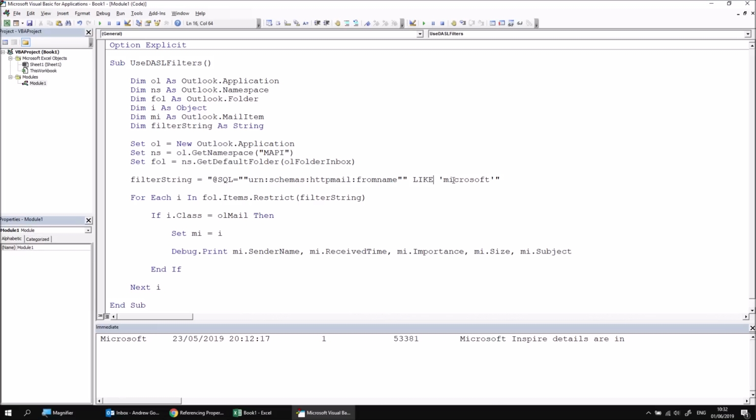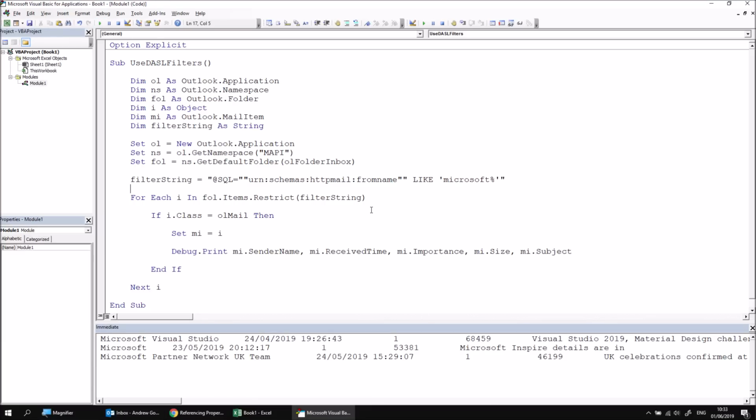So for example, if I wanted to find any emails whose sender name, or from name I should say, begins with the word Microsoft, followed by any number of any characters, within the set of single quotes after the word Microsoft, I can enter a percentage symbol, which is the wildcard character for SQL, the wildcard which represents any number of any characters. So if I just clear the contents of the immediate window again, and then I run the procedure again, this time I get multiple emails. I've got one from Microsoft Visual Studio, the original one from just Microsoft,